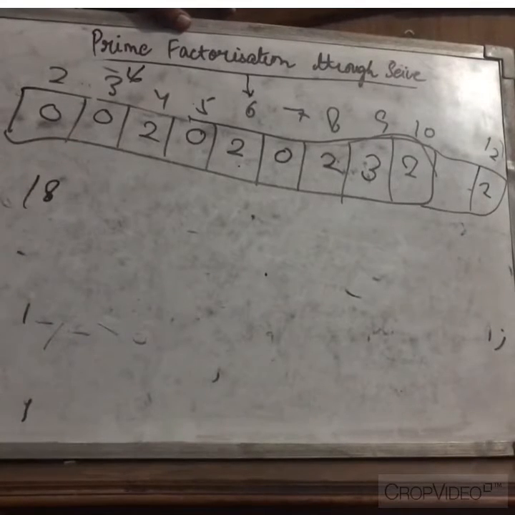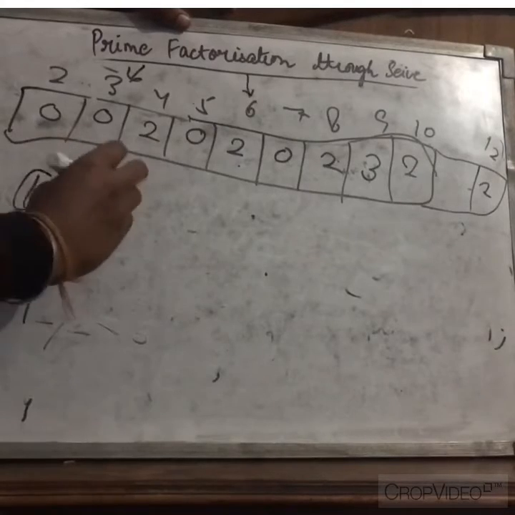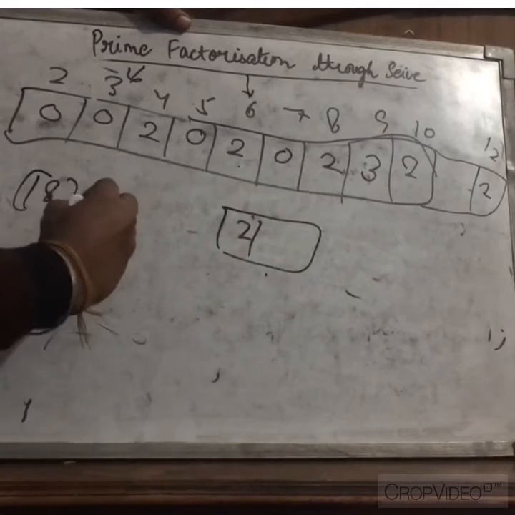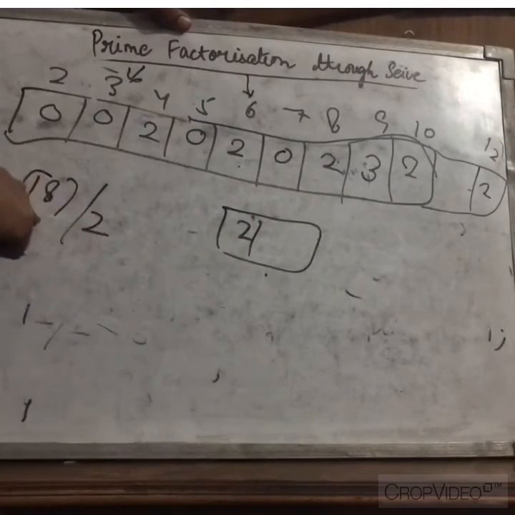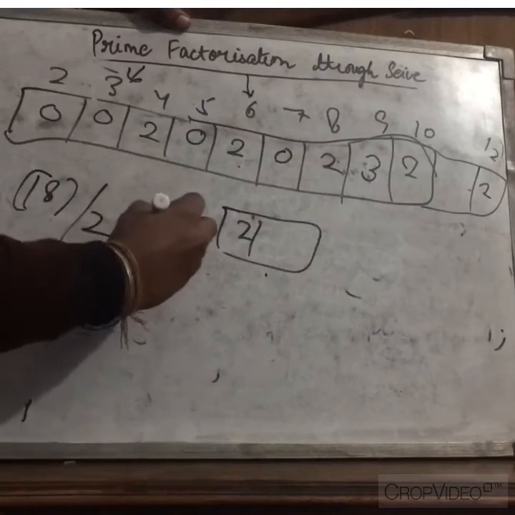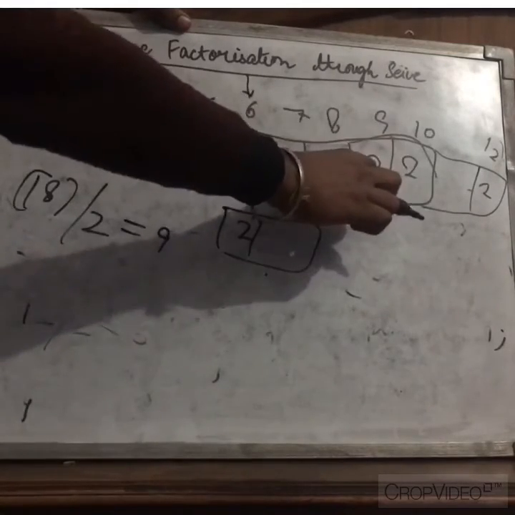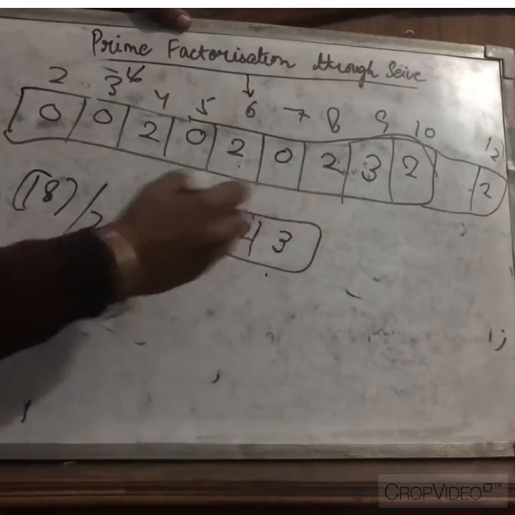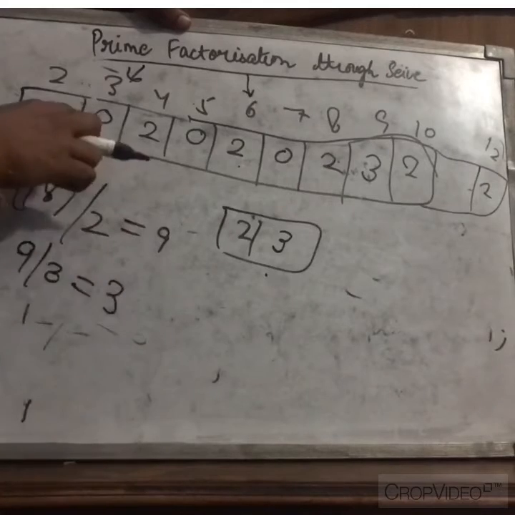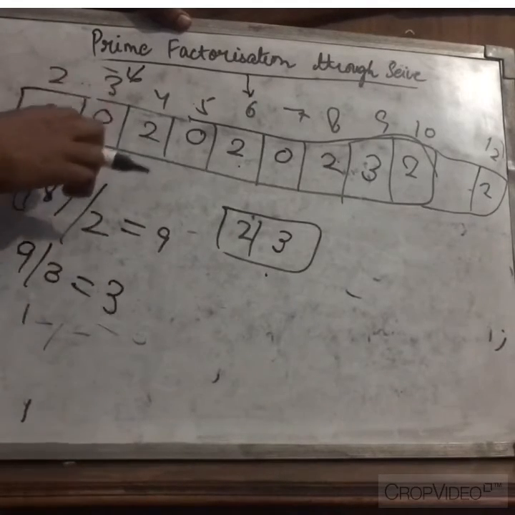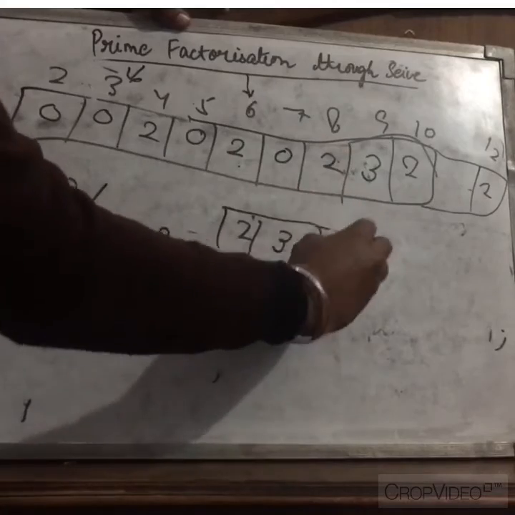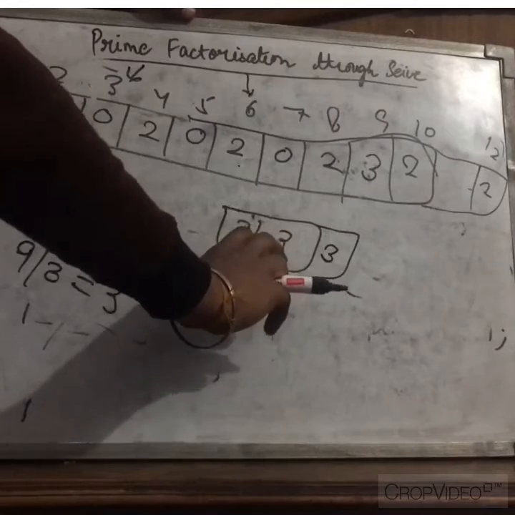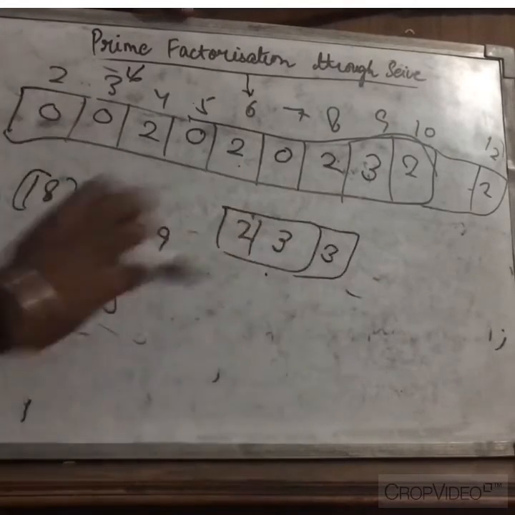What is the minimum prime factor of 18? It is 2. So the 18th index will be storing 2. I will push it into the array and divide 18 by 2 to get 9. What is the value stored at 9? It is 3. So push 3 into the array and divide 9 by 3. What do I get? 3. Now jump to 3. The value stored at 3 is 0, so break out of the loop and push 3 into the array. So the prime factors of 18 are 2, 3 and 3, which is also correct.